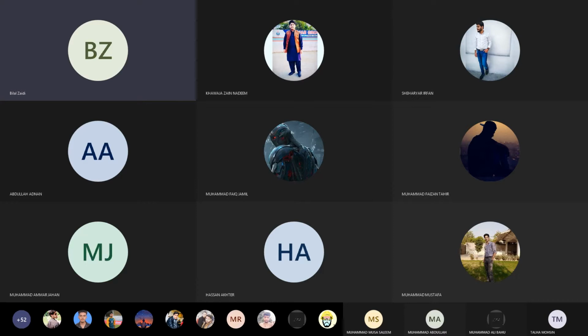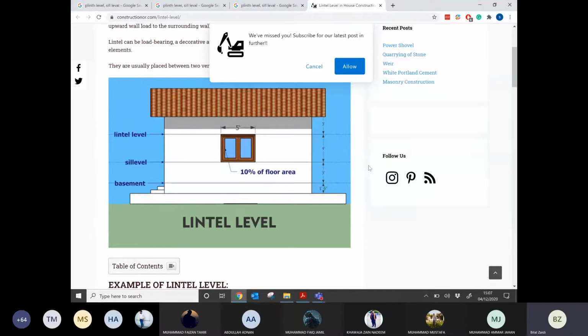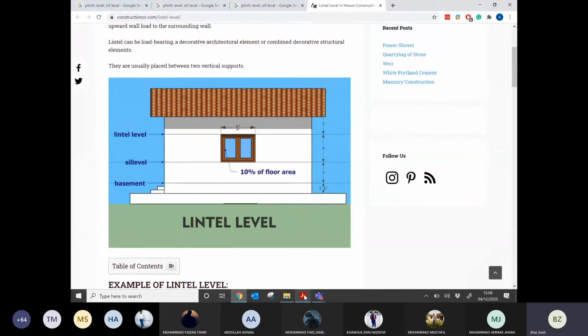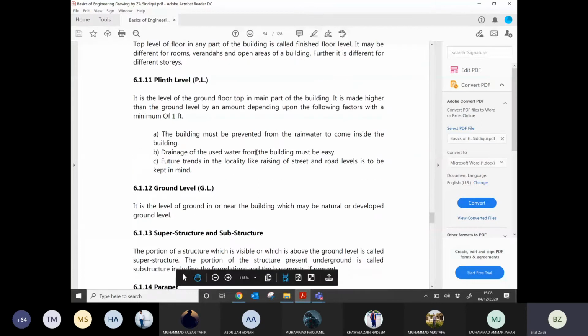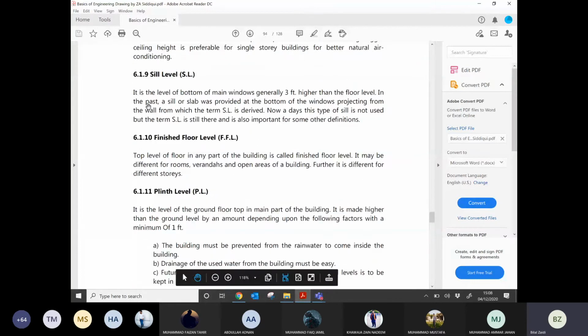Right, I'm going to explain the sill level again. If you read the definition again, what was the definition of the sill level? It is the level of the bottom of the main window, generally 3 feet higher than the floor level. Just remember this.